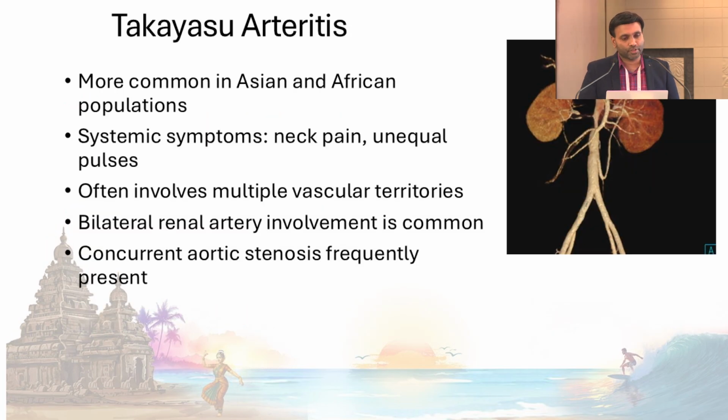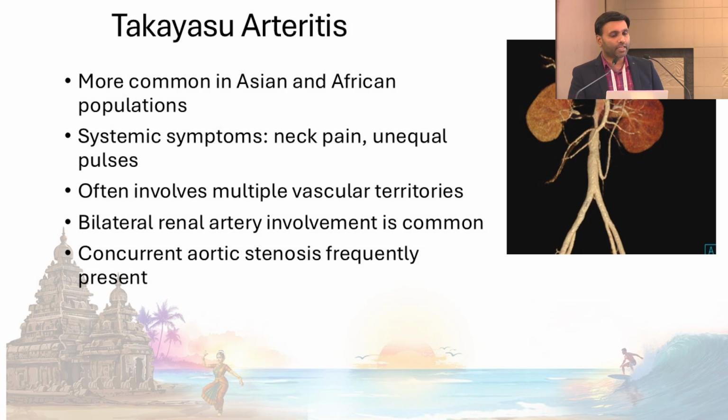So Takayasu, as you know, is the most common, especially in the Southeast Asian population. The patient can have systemic involvement and multiple vascular territories, and you can have bilateral involvement with aorta, without aorta, etc. All types of permutations and combinations are possible in Takayasu, with active phase, inactive phase, with improved or reduced renal function, with small kidneys, normal size kidneys. So there are multiple permutation combinations that can happen in Takayasu.